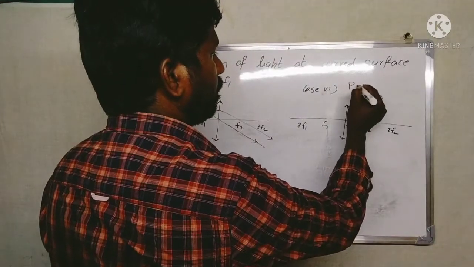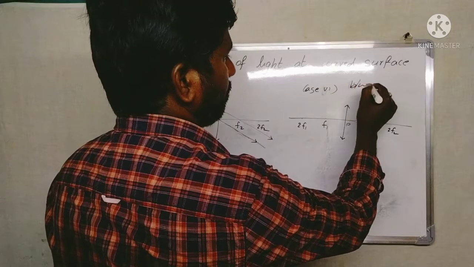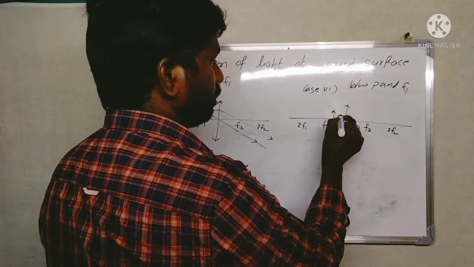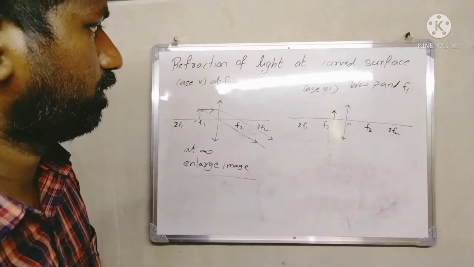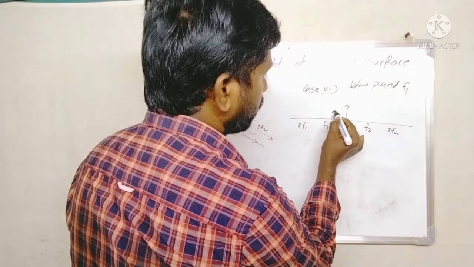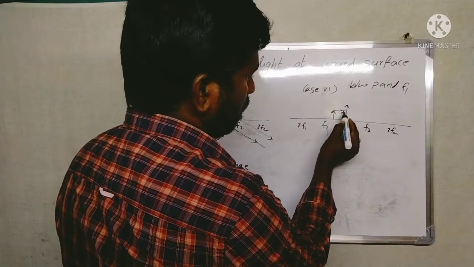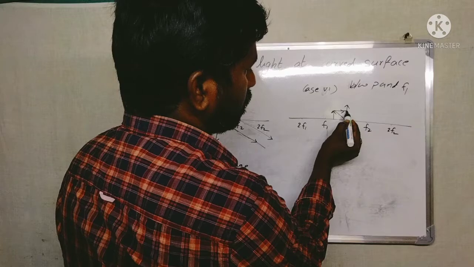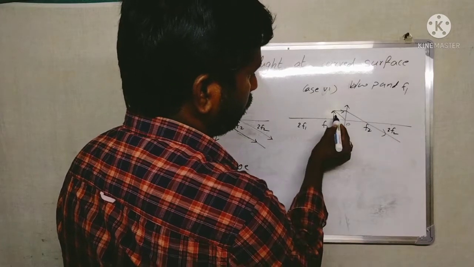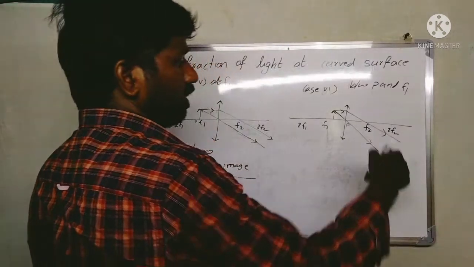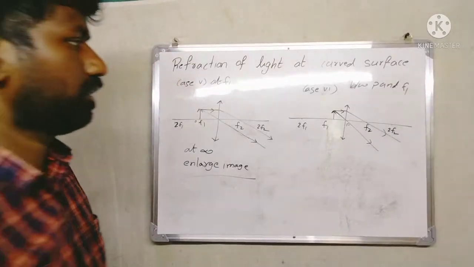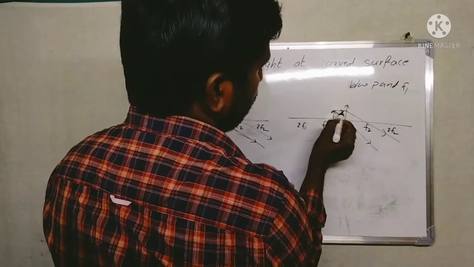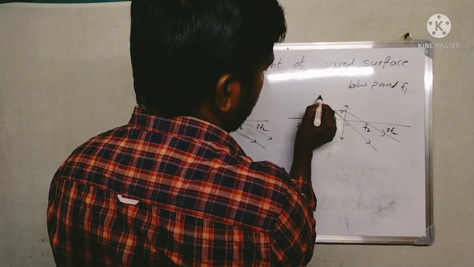So between P and F1, here we are keeping the object. Now, having kept the object, again we need to take two incident rays. One is parallel to the principal axis and another one is passing through the optic center. The light ray passing parallel to the principal axis, then the refracted ray passes through the focus. It does not deviate. So they are diverging from one another. They are not going to meet each other. So we should make them meet each other. Then by extending the refracted rays, we will get clarity about that.